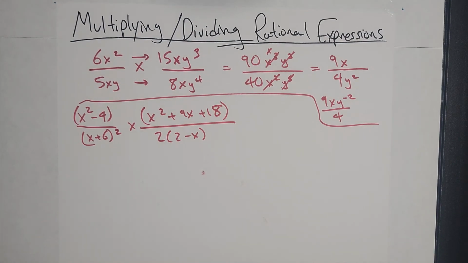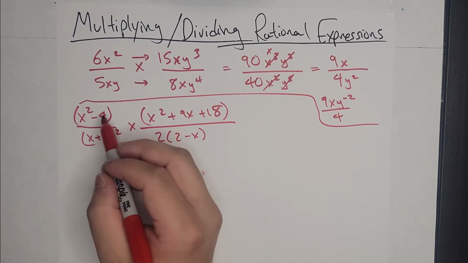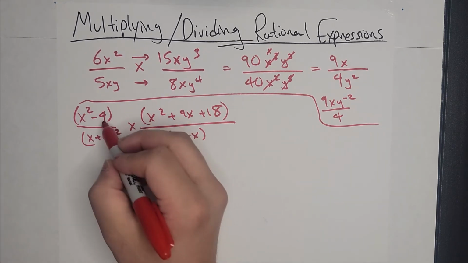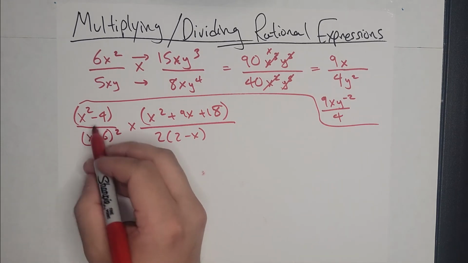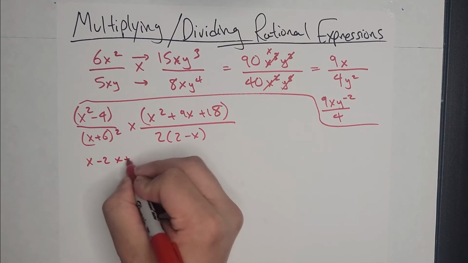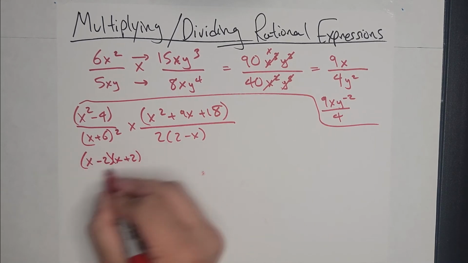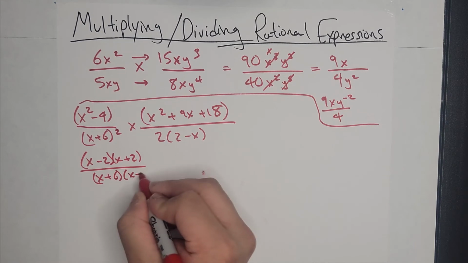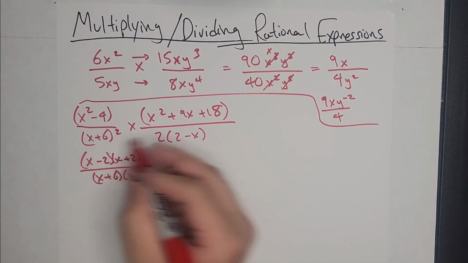Yep, this one looks fun. So, right off the bat, let's start doing some factoring. I can factor this and that. I know that's my difference of squares, so that'll be x minus 2, x plus 2, x plus 6, x plus 6, that's just x plus 6 squared,